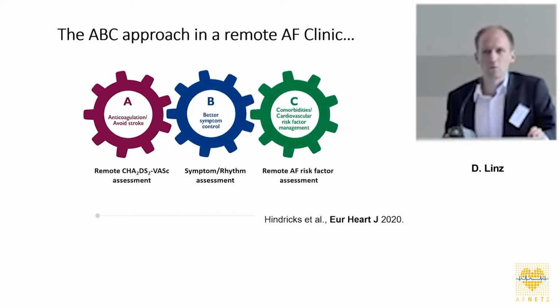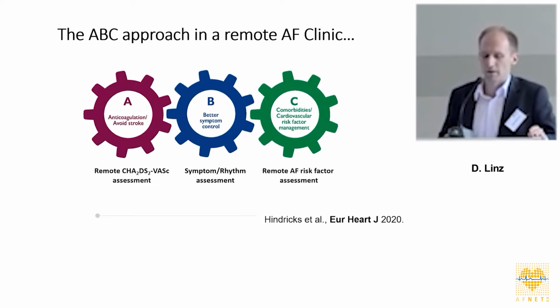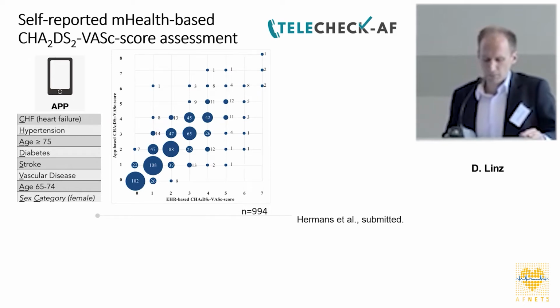And the more we go remote, the more we need to understand how we can remotely assess the ABC and manage the ABC. So for example, when it comes to anticoagulation, we need to think about how we can assess the CHA2DS2-VASc score remotely. And this is data again from Telecheck AF,